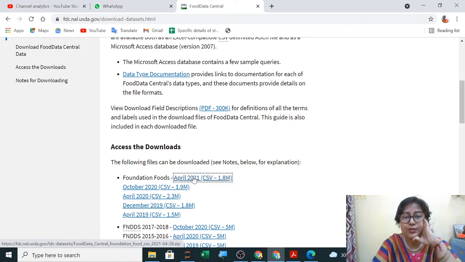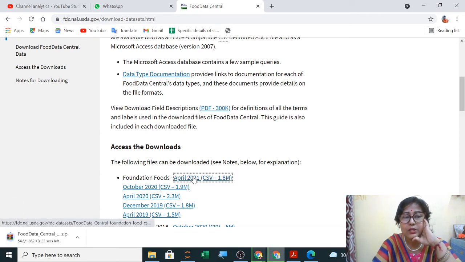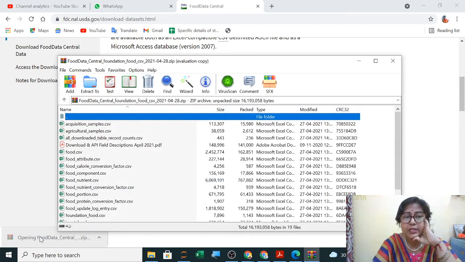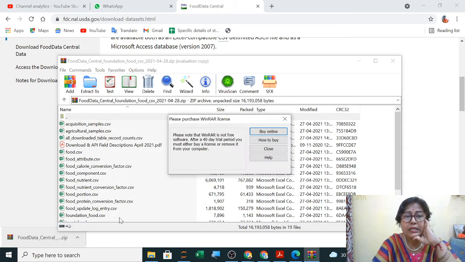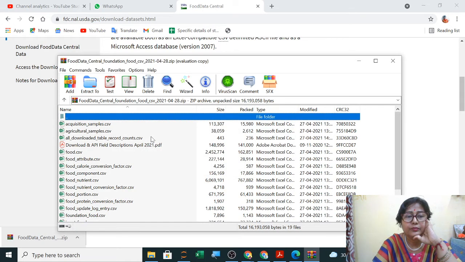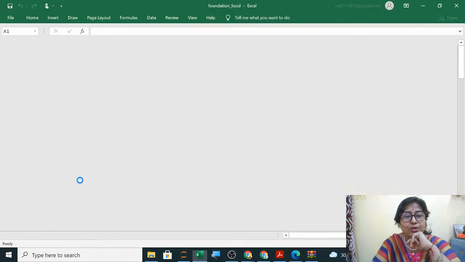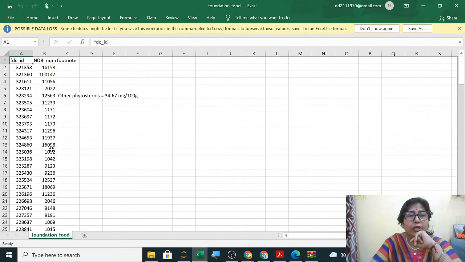Suppose I want to download the foundation food. I have downloaded all the foundation food here. You can open it and see the data. I am opening foundation food, or the food nutrients also.